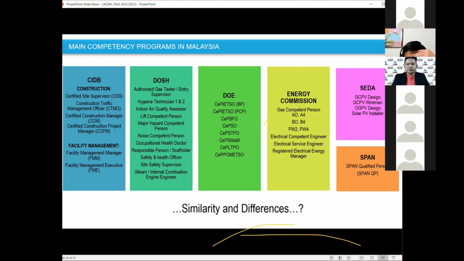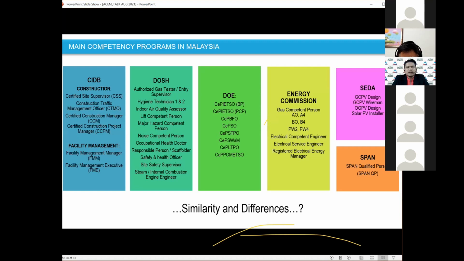SPAN doesn't have assessment at the moment. Registry. We just register after becoming PE or AR. We can register as a qualified person of SPAN by showing our evidence. So there is a form to be filled up. I'm also a qualified person of SPAN as well. So basically there's a form to fill up and declare your experience related to water services.